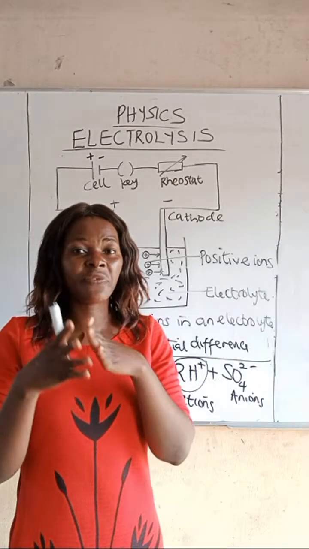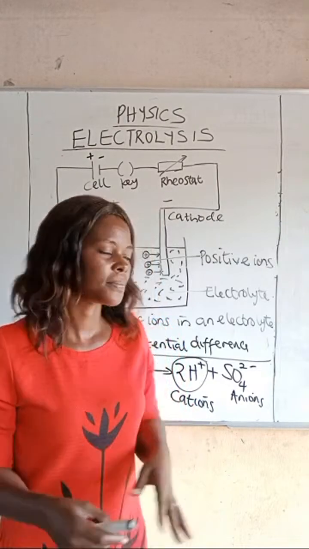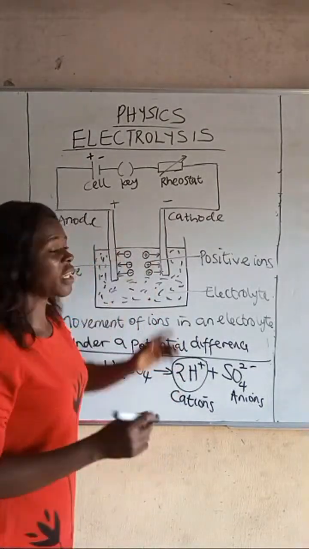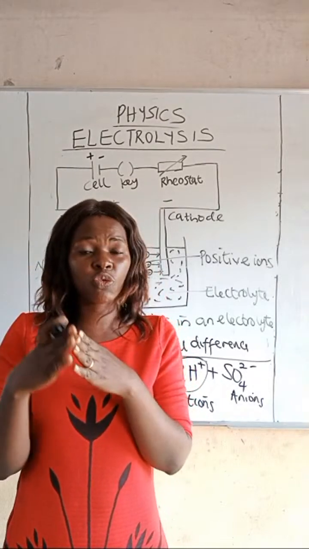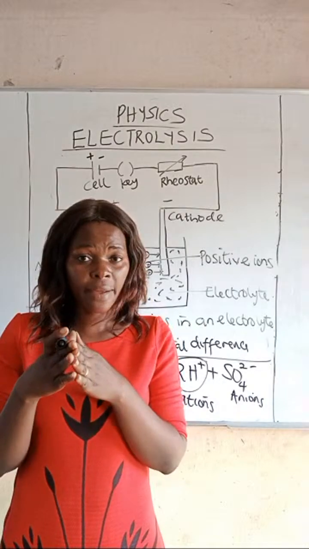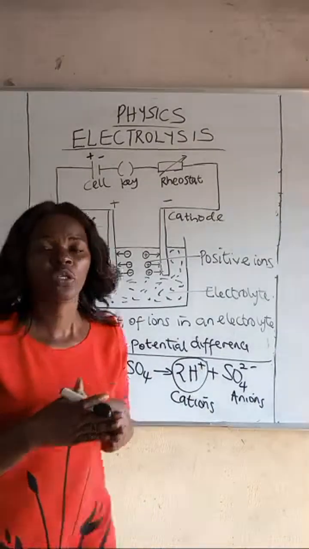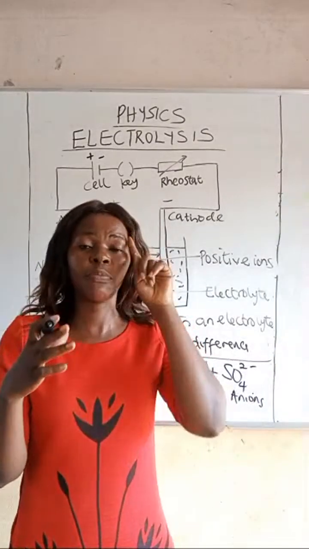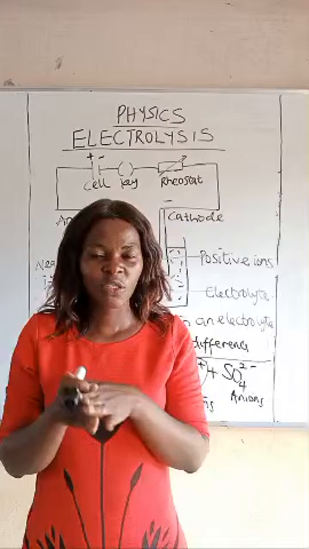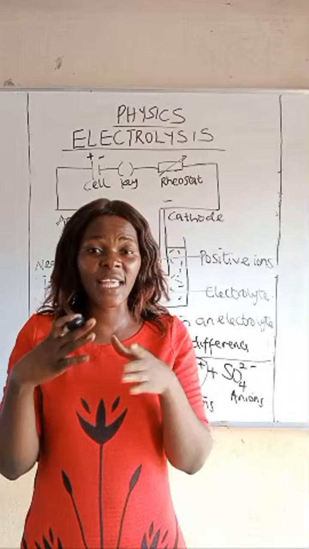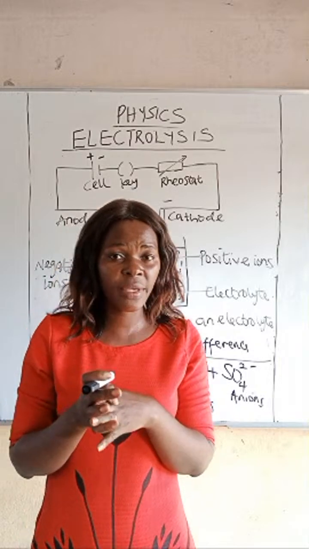I'm just explaining with physics terms. You are going to do it more in chemistry, but I'm using physics terms to explain. Once they get to the cathode, selection will take place. Some ions that are higher or lower in the electrochemical series will be discharged, depending on the criteria. Then when they get to the anode, the ions that are lower or higher will be discharged or deposited. They are going to do it more in chemistry. Is that okay?